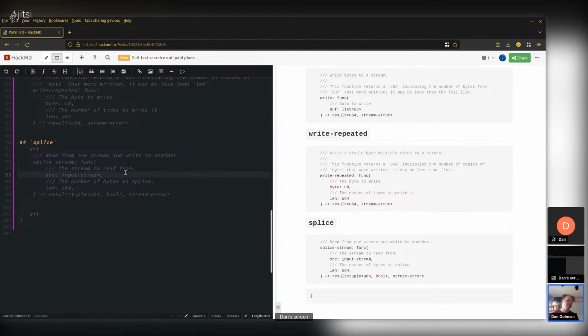And this should allow implementations to do things like in Linux, where there are some special APIs. There's actually a set of APIs called splice, vmsplice, but also copy file, I believe, or what's the API called? I'm drawing a blank on what the name of that function is for Linux, but we'll be able to basically have APIs which can read from one file descriptor and write to another without copying the data into the process and out of the process.